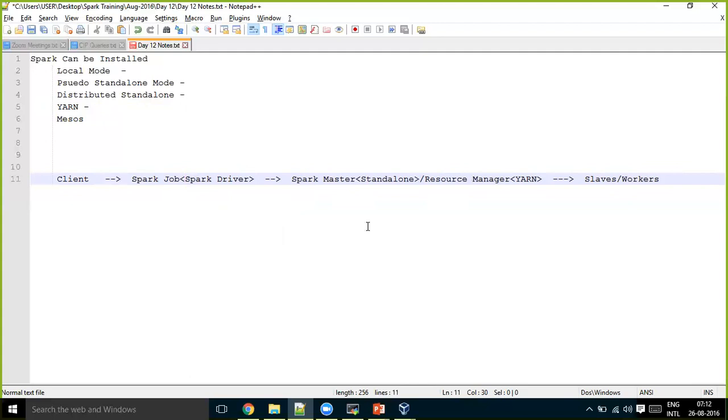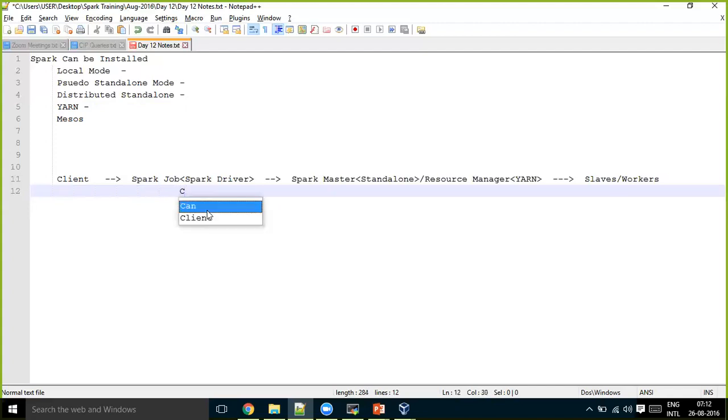So once this has happened, here the Spark driver is like a coordination service, or you can treat this as like a master from there onwards. And inside worker machines, there will be executor services. Inside that machine, which we call a worker node, the service that gets running inside it is the executor service.